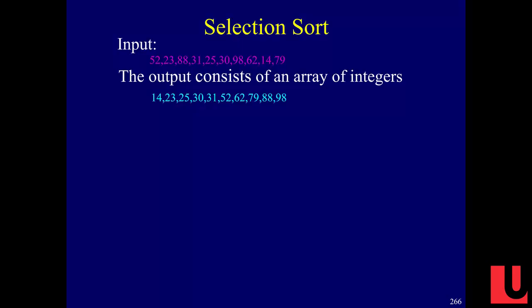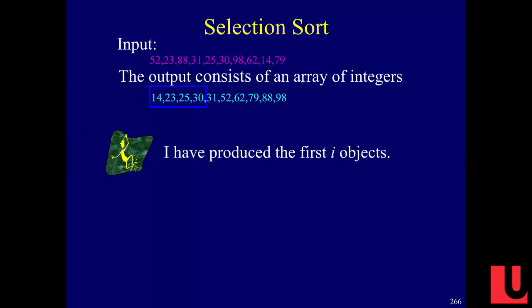So again, let's go back to sorting. Our input's a bunch of numbers to sort, and the output is those numbers sorted. So the loop invariant is going to say that we have produced the first bit of the output. And what is that going to tell us? If this is actually the output, it's going to tell us these numbers are sorted, and it's going to tell us